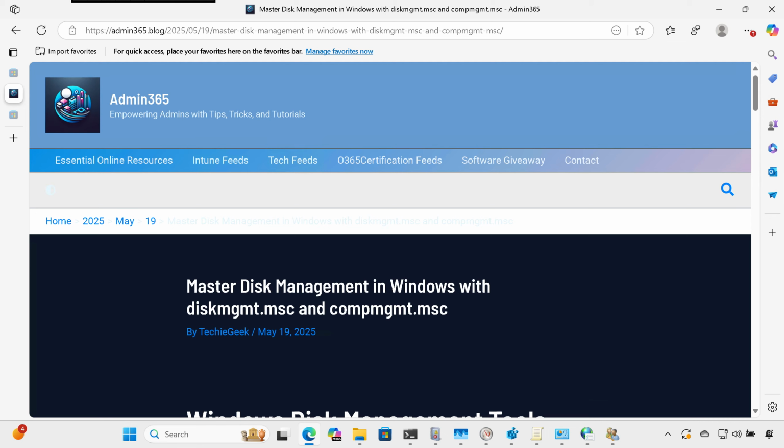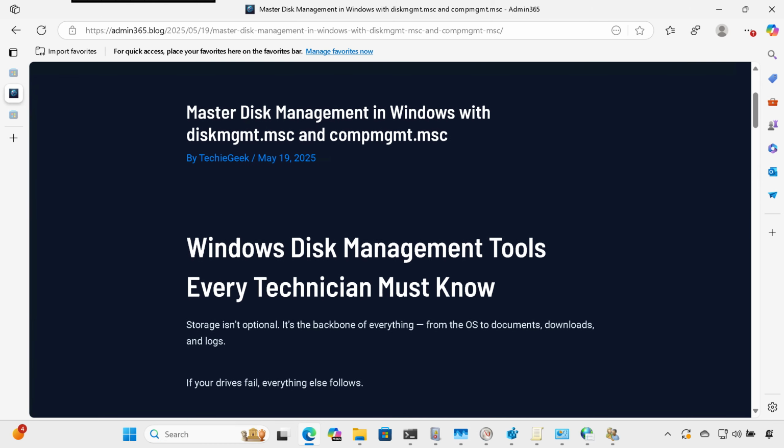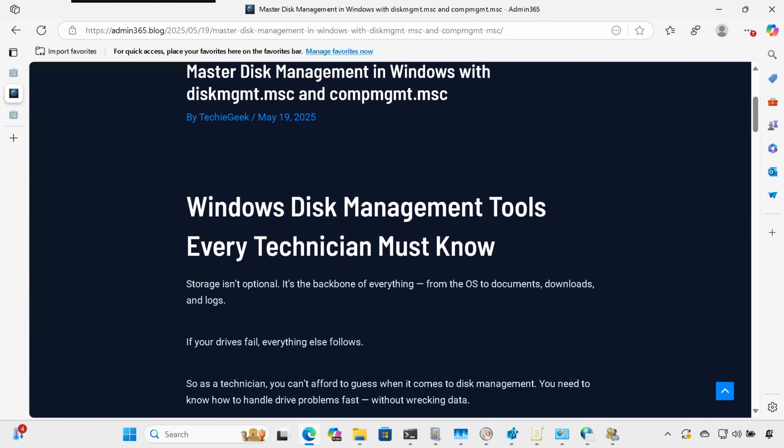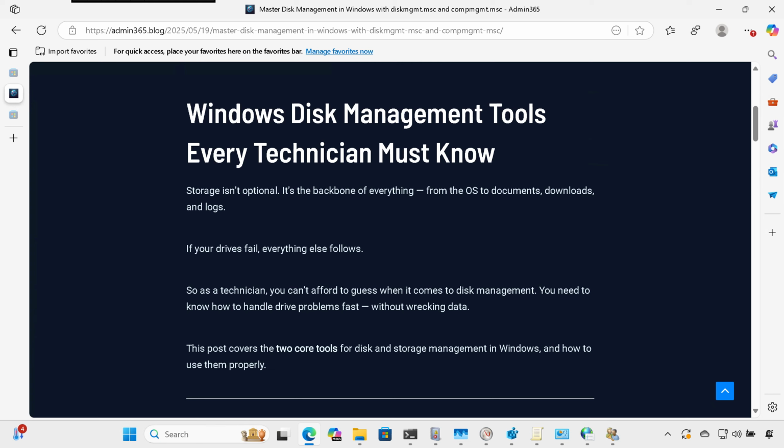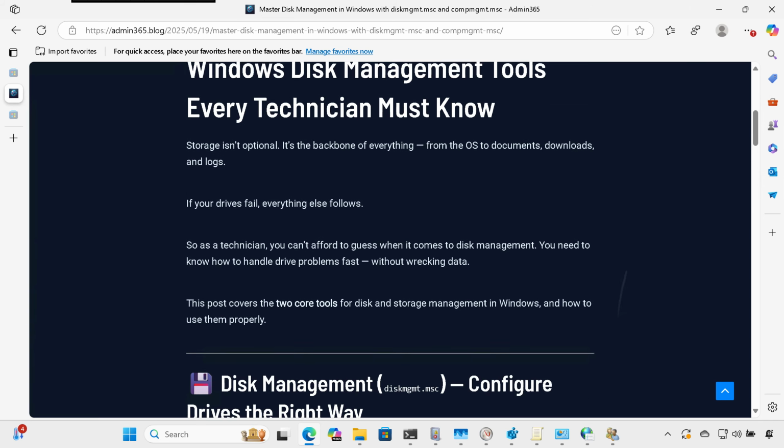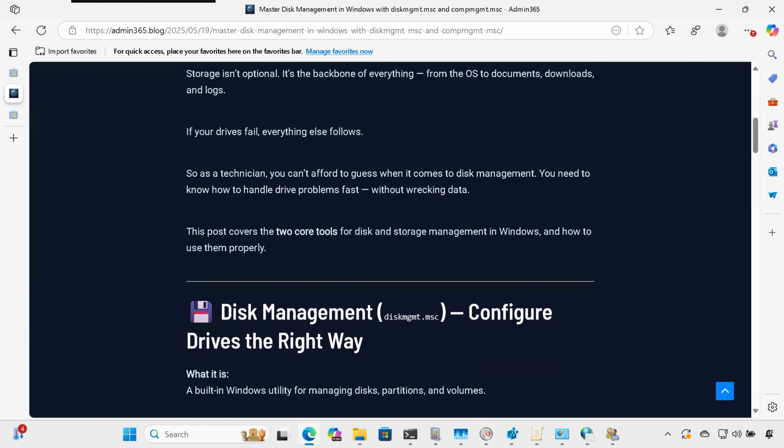Management tools. Every technician must know storage isn't optional. It's the backbone of everything, from the OS to documents, downloads, and logs. If your drives fail, everything else follows. So, as a technician, you can't afford to guess when it comes to disk management. You need to know how to handle drive problems fast